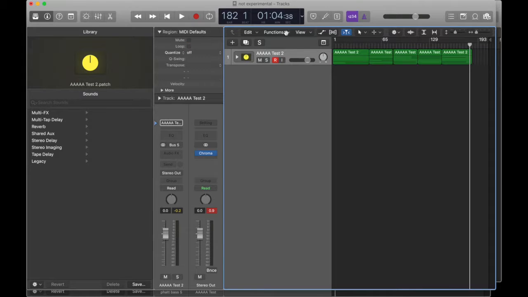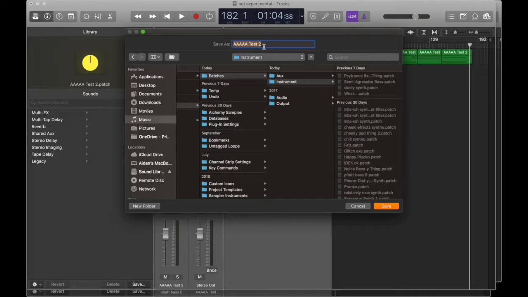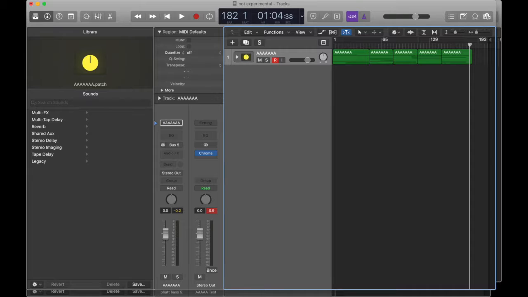And so yes, you've got it as a stack now. You can save it in instrument as something like that, so it will be at the top of the list when you go to open a new patch, or whatever you want to call it,